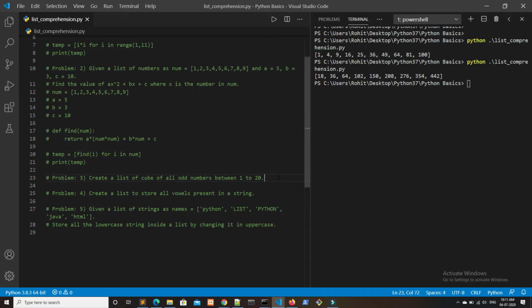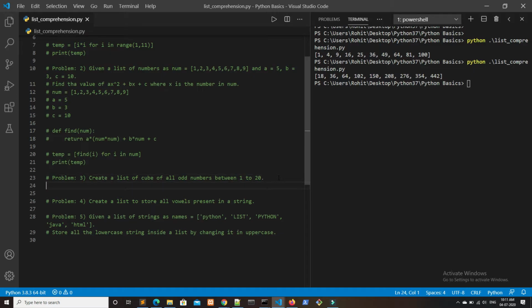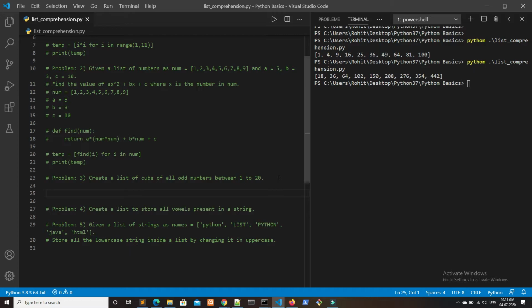In problem number 3, we have to create a list of cube of all odd numbers between 1 to 20, and we have to use list comprehension here. So let the list be cube, and we have to get the cube of a number.